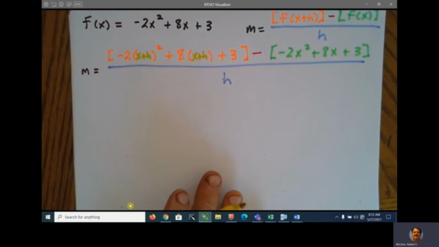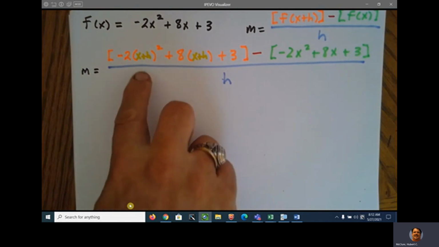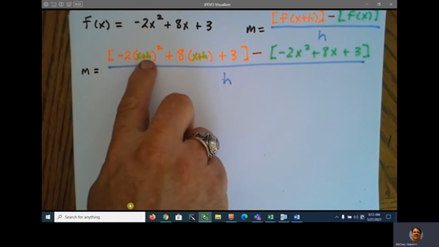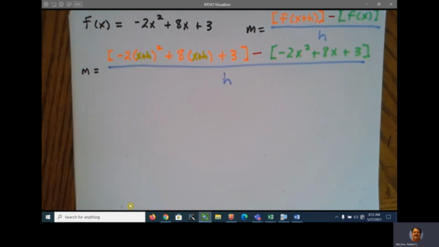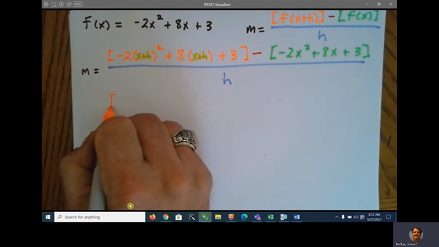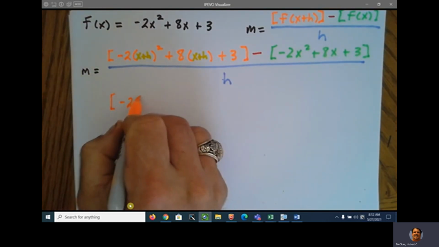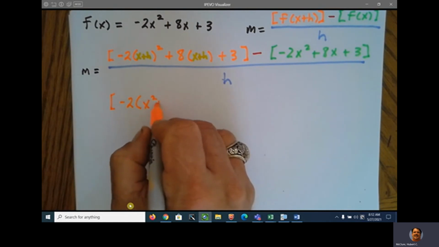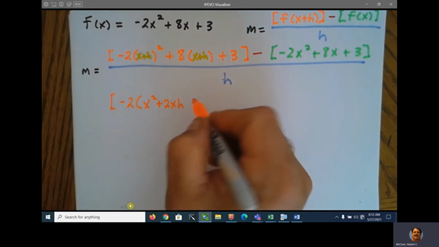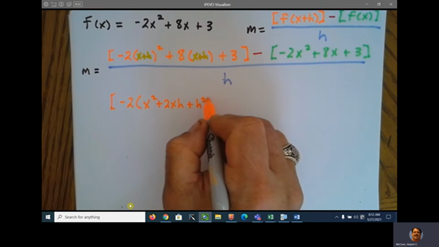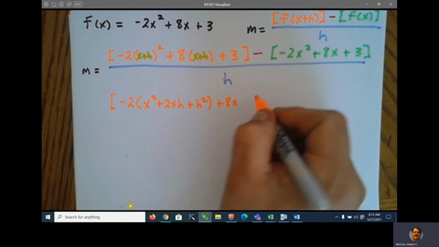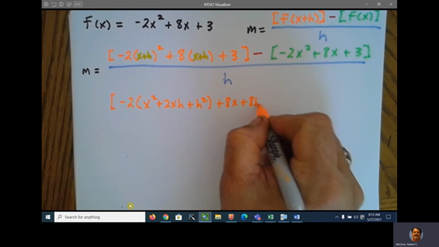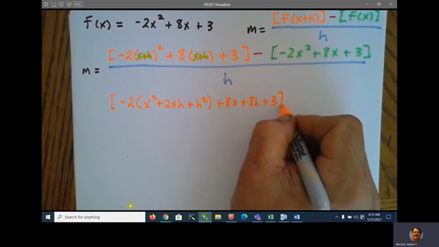And now you're ready to start your algebra. Shortcut number 1. So that's going to give us negative 2 times x squared plus 2xh plus h squared plus 8x plus 8h plus 3